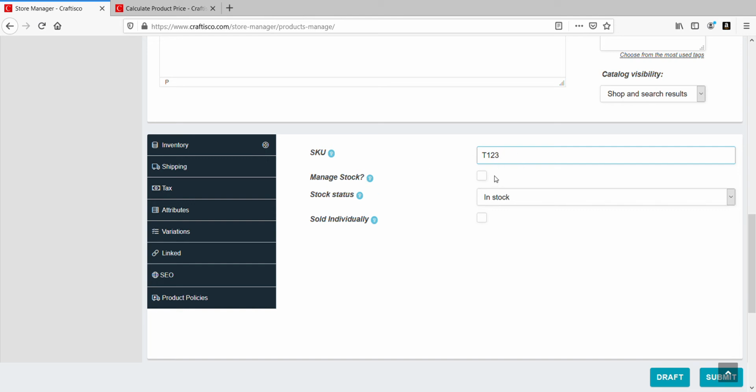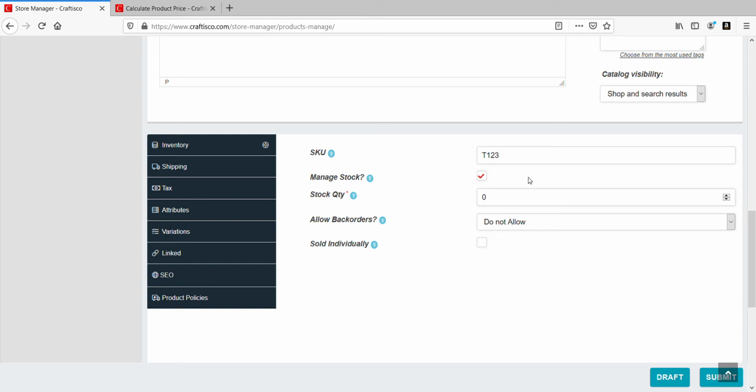Managed stock is always good because the customer knows how many units are in your stock. It's also good for you to keep a check as to how many products you've sold of that particular SKU. So if you say I have 10 units ready, anyone can actually purchase from those 10. The moment a customer purchases 1 unit, the stock reduces to 9. So this also helps you understand whether you have to replenish the stock or not, right?